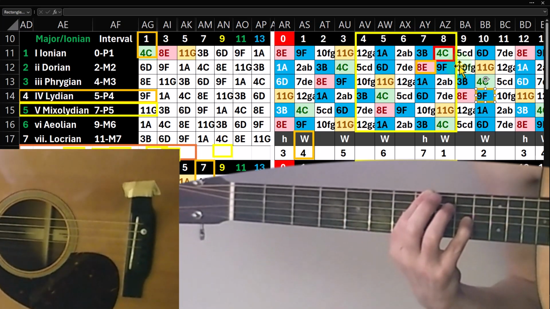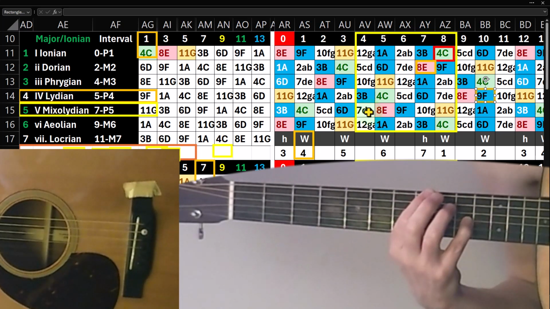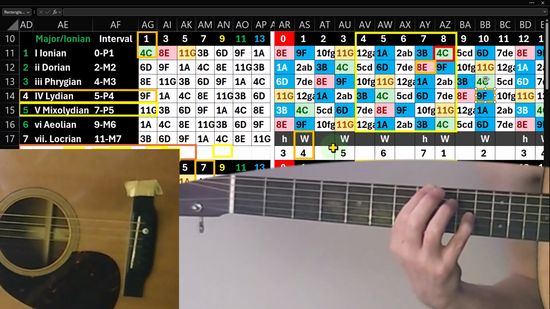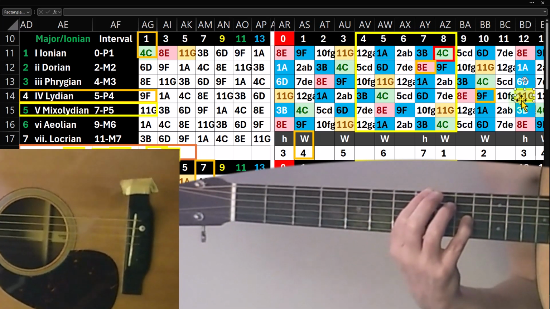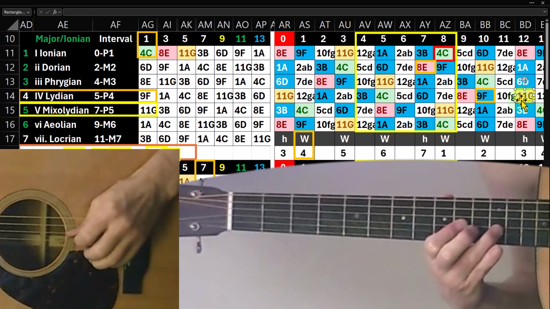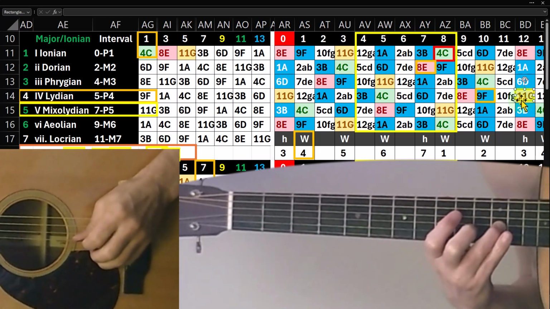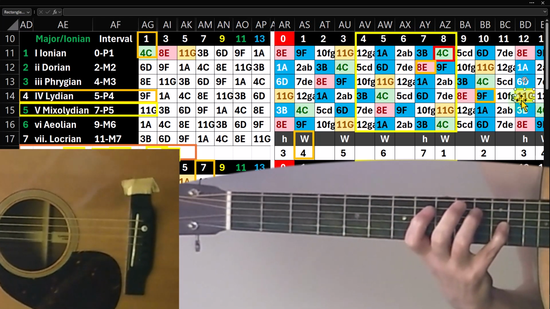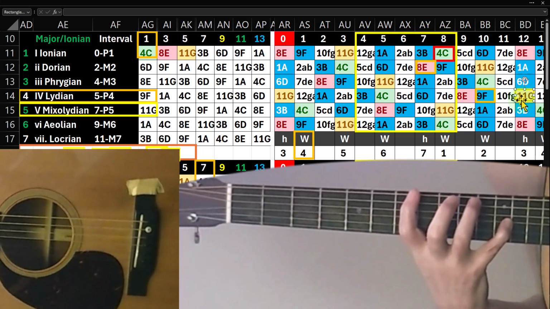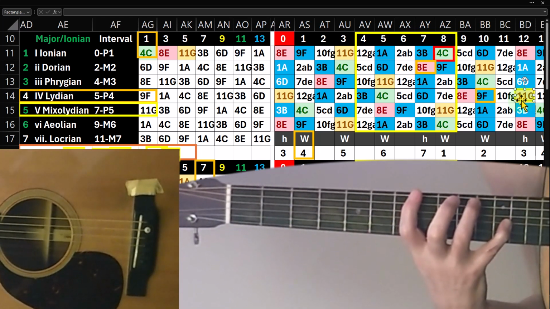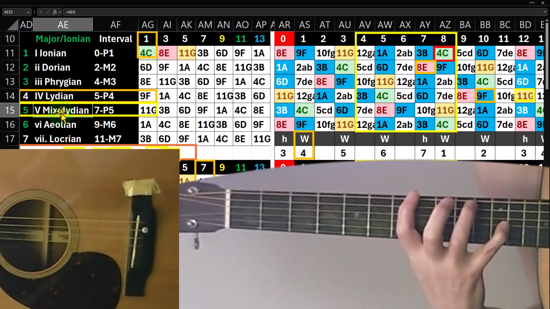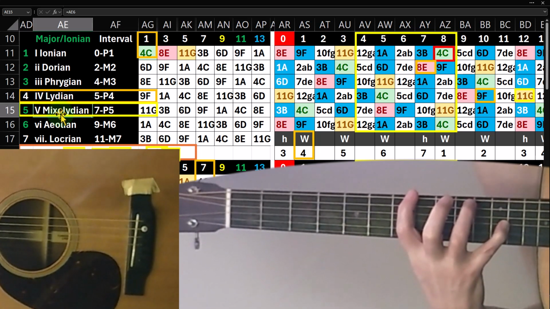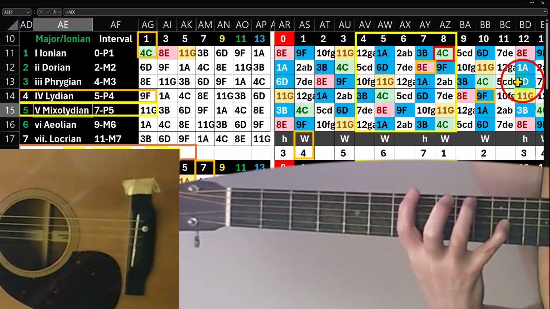Okay, so then let's say we're going to move from the 4th to the 5th, which is going to be a whole step. So we're going to go from that 4th, let's say, to this 5th with the yellow. So 4th to the 5th is a whole step. And then if I look at this 5th, that C then, that G is the 4th, which is the Lydian to the Mixolydian. So Lydian to Mixolydian is always a whole step, and the Mixolydian lives in what I call the 2 note per string,